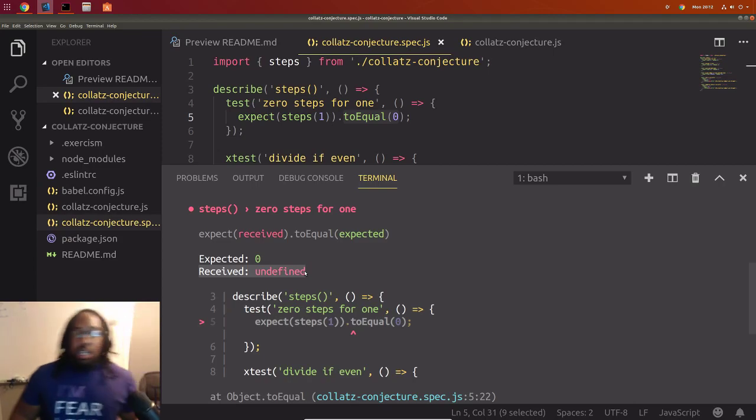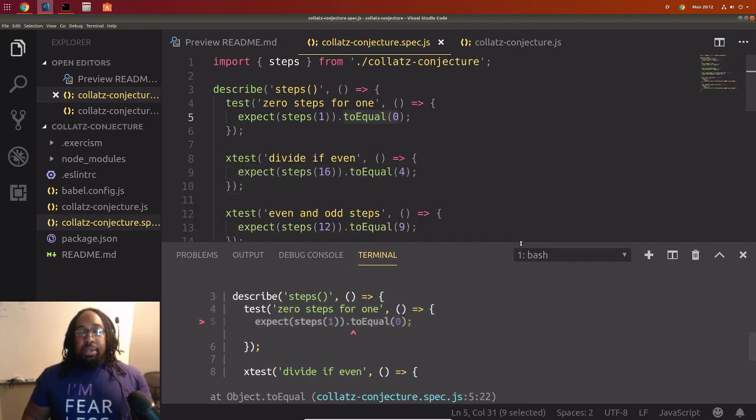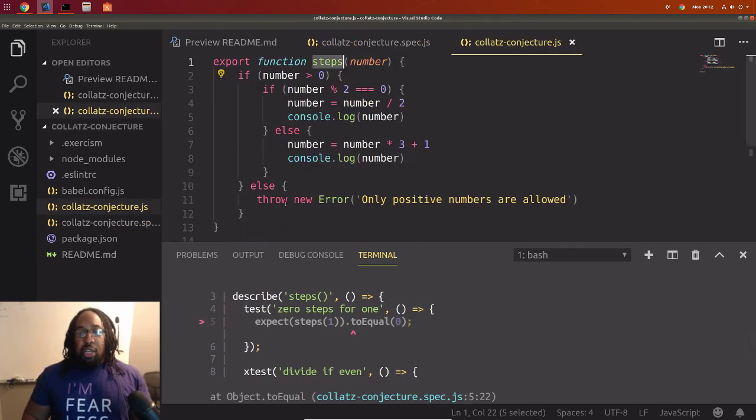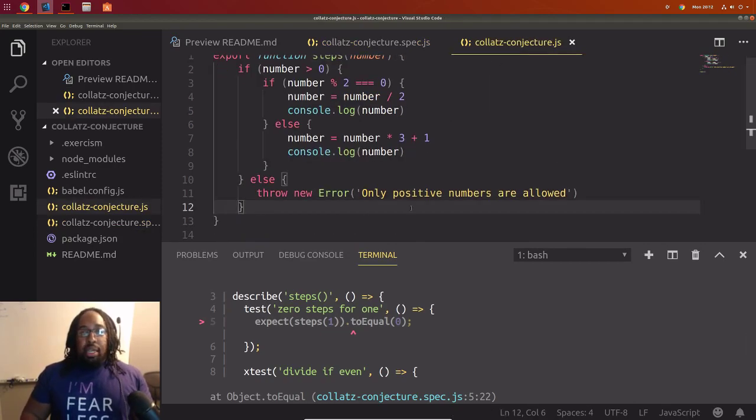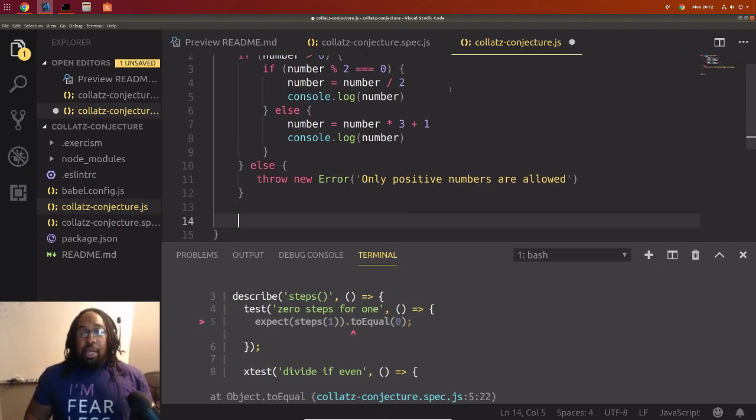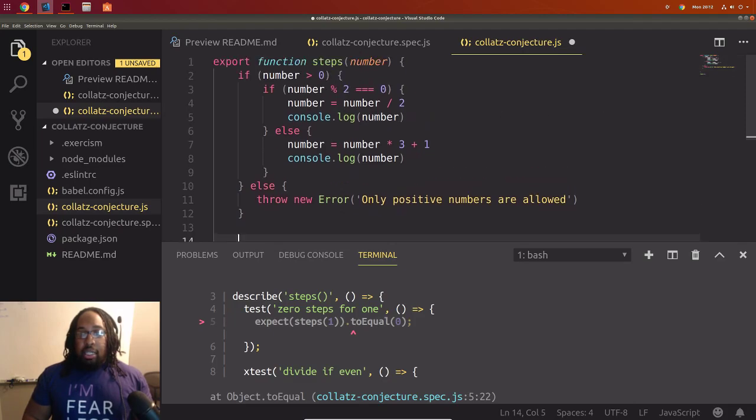And this is another important step. So if it received undefined, and we know we were doing some console.logs to get some values, why is it doing that? Functions don't automatically give you a value, but if you want to get a value out of them, you need to return something. That's that return statement. So the thing that we want to return currently is number.